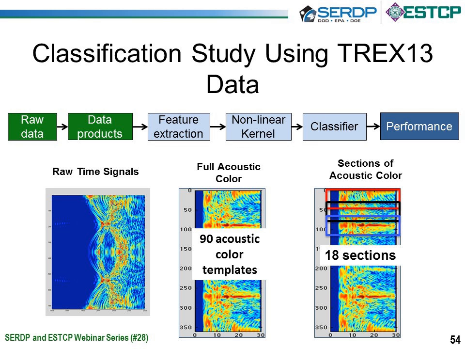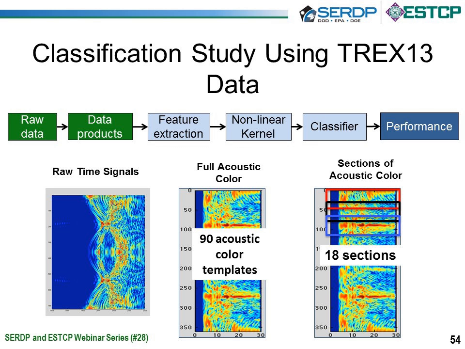Why did we go to the trouble of stitching together the full response only to then break it up again? The reason is that having this full acoustic color template gives us the power to investigate other things. Here, what I'll show you is the 18 uniform sections, but another thing you could do is pretend I had a beam width that gave me a full 90 degrees if I did a linear run. I could take this full acoustic color template and divide it into 4 sections and ask how that affects the classification. So you have the power to investigate a number of different parameters as you move forward on the classification side.